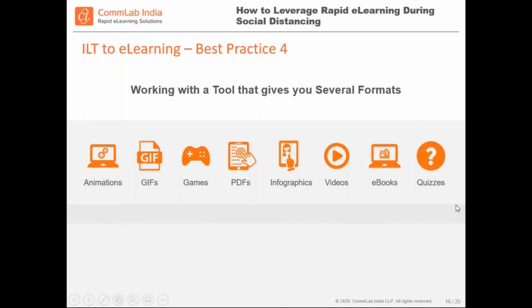We would also suggest that you work with a tool that gives you a lot of different formats to produce in. So we wouldn't recommend that you work with only one tool throughout. You probably need to access a suite of tools to help you achieve different learning formats, because learners learn differently. I don't think every single person learns the exact same way. So in many cases, you want to give people at least 2 different options to learn. You don't need to replicate the content, really. You don't need to duplicate it.